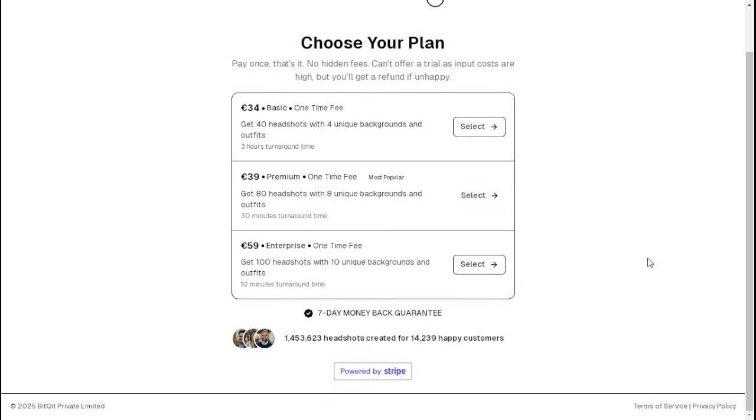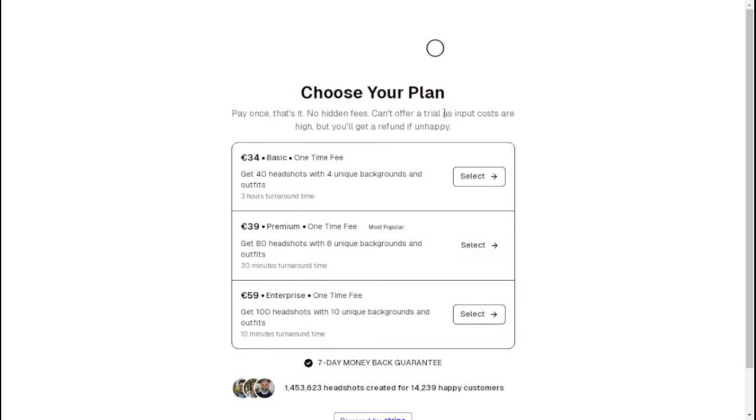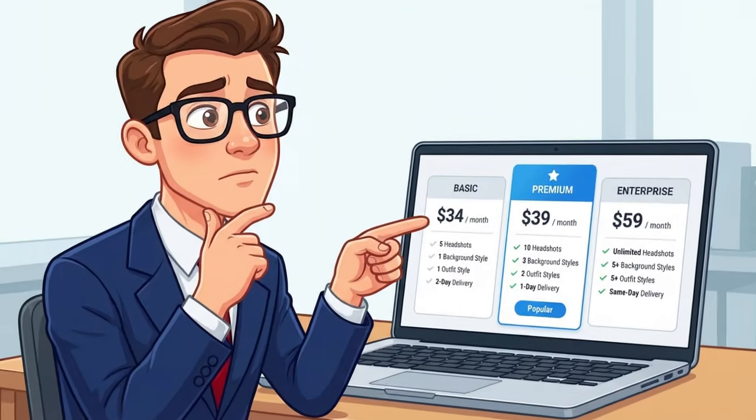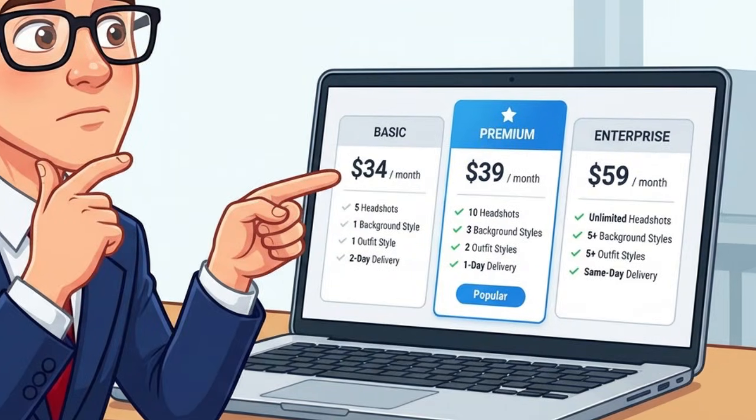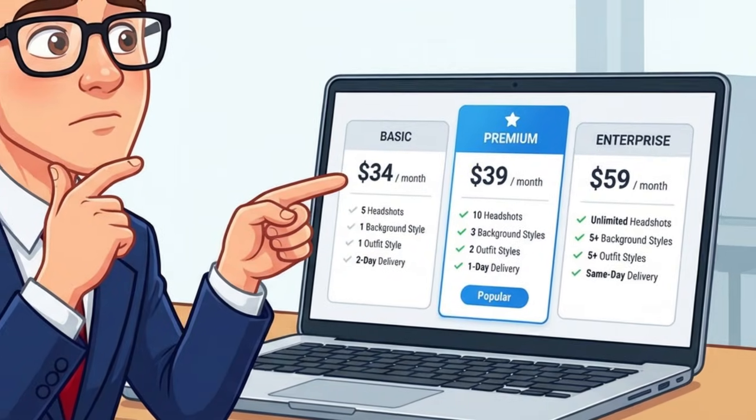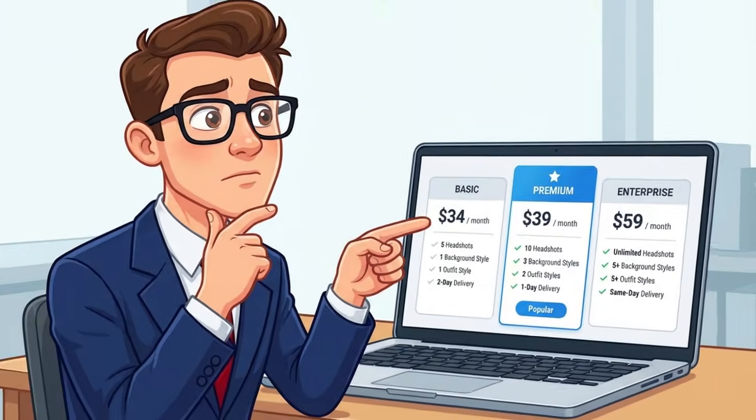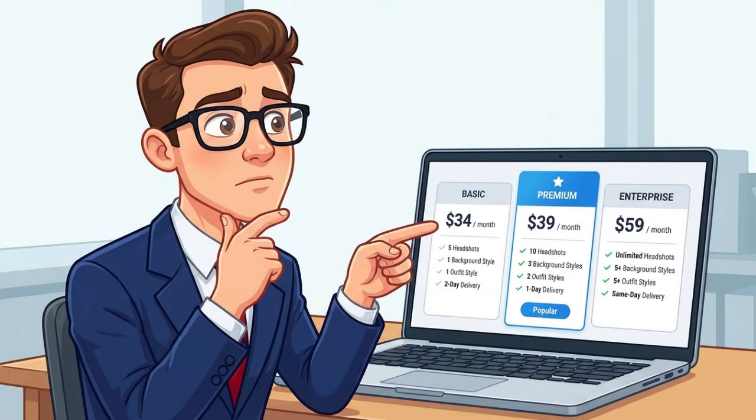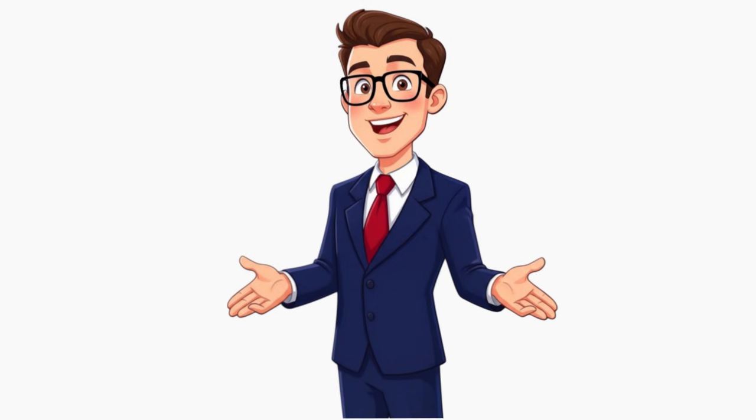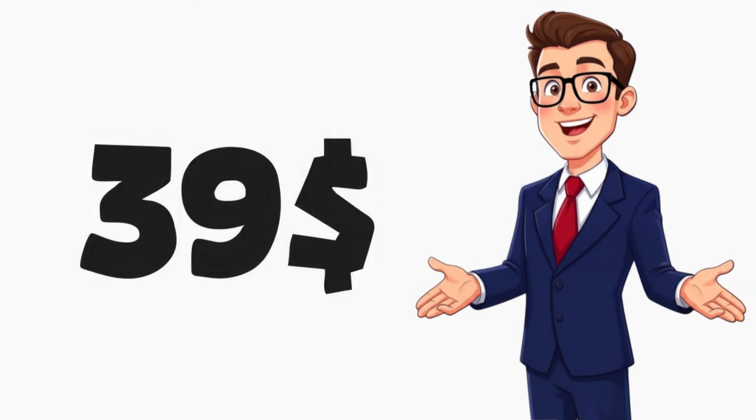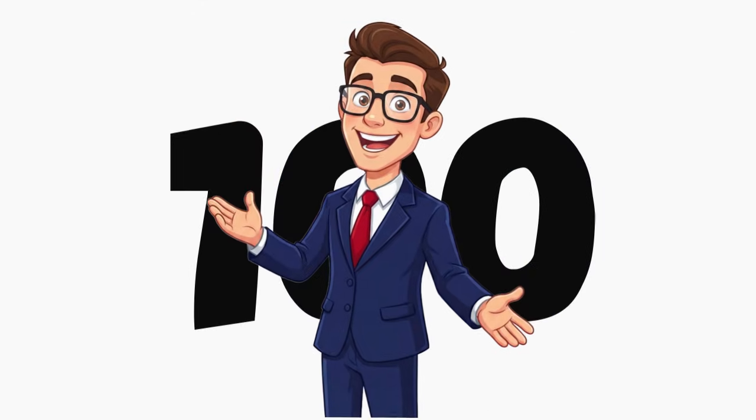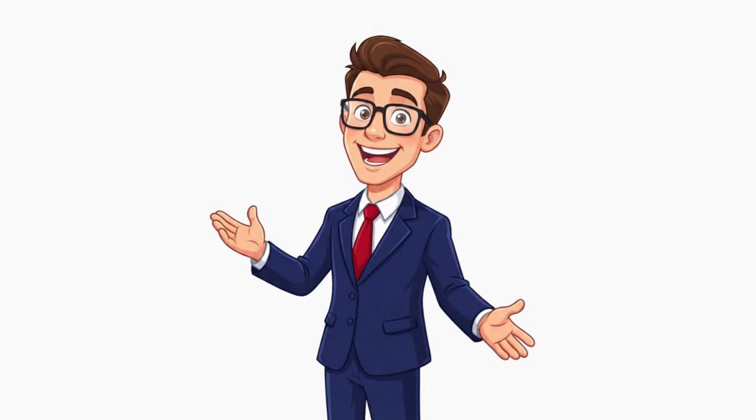There are 3 options available, and this is also where you see the estimated delivery times. The basic plan is $34 and includes 40 headshots with 4 different backgrounds and outfit styles with about a 3-hour turnaround. The next option, the premium plan, costs $39 and gives you 100 headshots plus 10 unique background and outfit